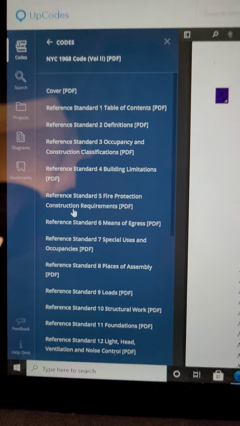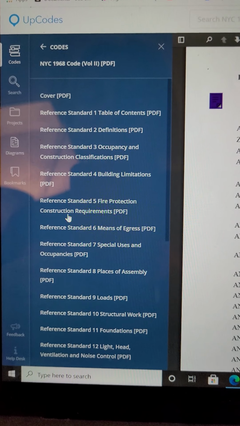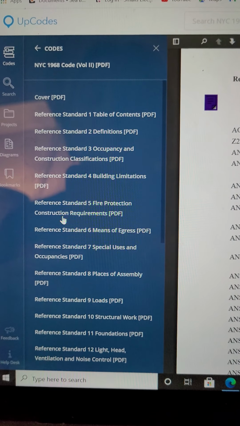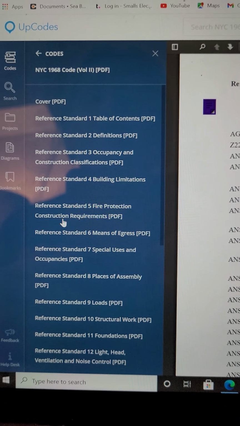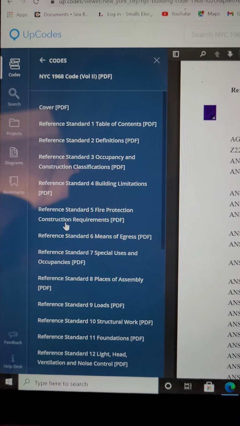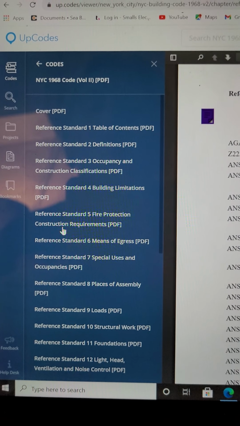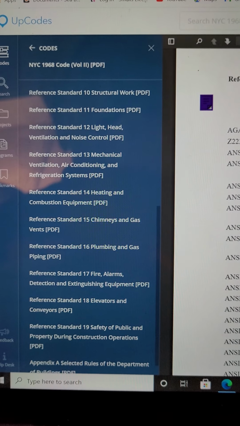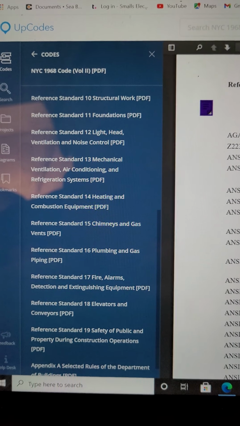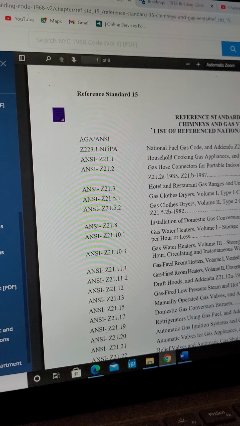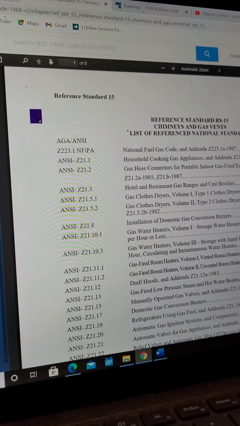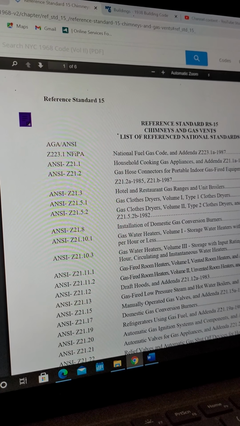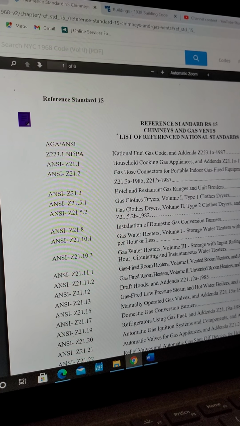I am studying for the New York City Department of Buildings Site Safety Manager exam, and as part of my studying, I'm reviewing the content within the 1968 Building Code, Volume 2. I left off with Reference Standard 15, which is chimneys and gas vents. This has 6 pages, and it's covering RS-15, chimneys and gas vents, and as you can see, there's quite a